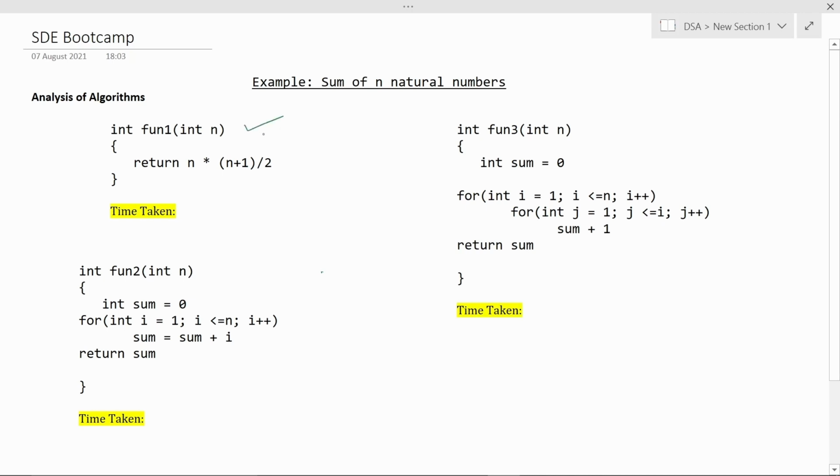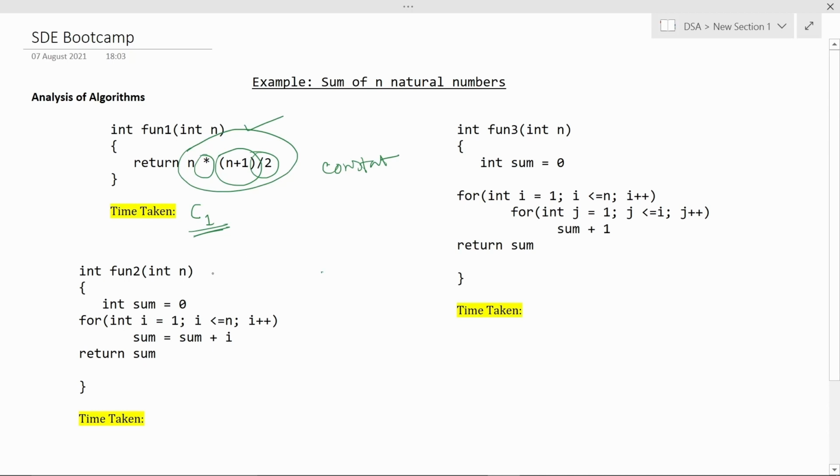So this is the first approach to get the sum of n natural numbers. We are using a direct formula here. What we are doing in this function is an addition, a multiplication, and then a division. We assume that any operation will take a constant amount of time irrespective of input size. Whether you add 10 million to 100 million or you add 5 to 1, this is always assumed to take the same time in asymptotic analysis. So we are doing 3 operations and all 3 will take a constant amount of time irrespective of input values. This is why the time taken for this algorithm will be C1.